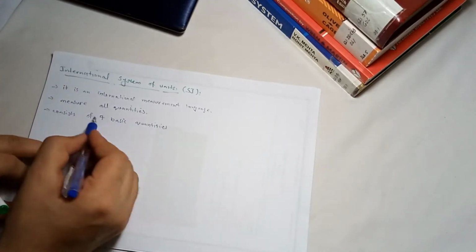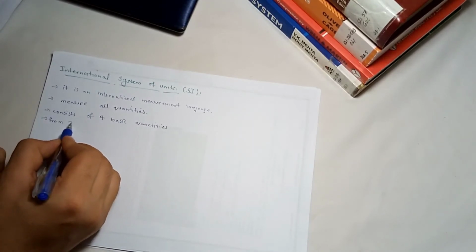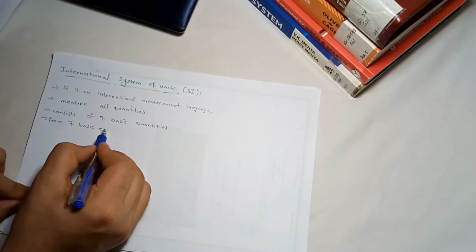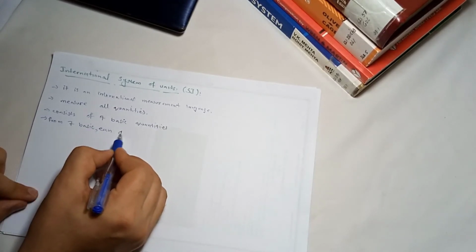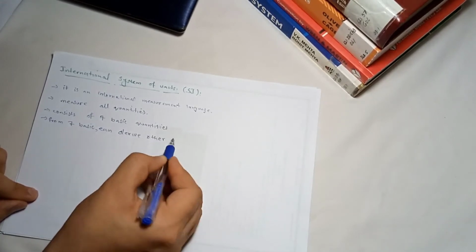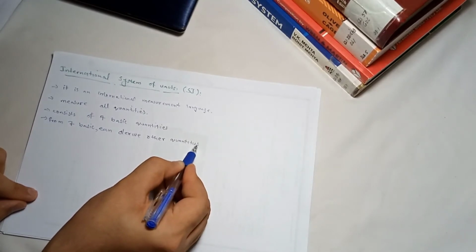From these 7 basic quantities, you can derive other quantities. इसी से फिर हम मुख्तलिफ और क्वांटिटीज़ इसी से फिर आख़ज़ करते हैं। तो यही 7 बेस क्वांटिटीज़ है जो इंटरनेशनल सिस्टम ऑफ यूनिट्स में यूज़ करते हैं।